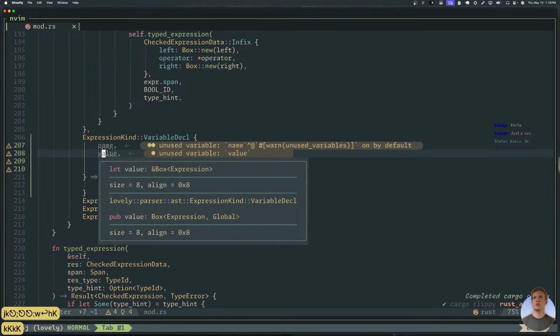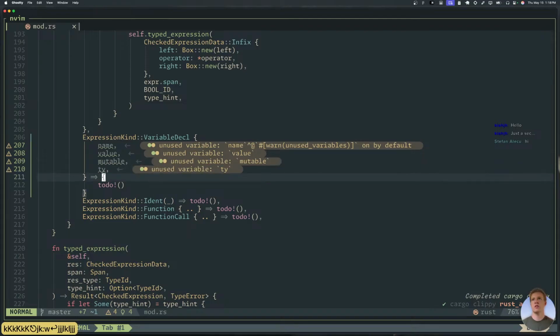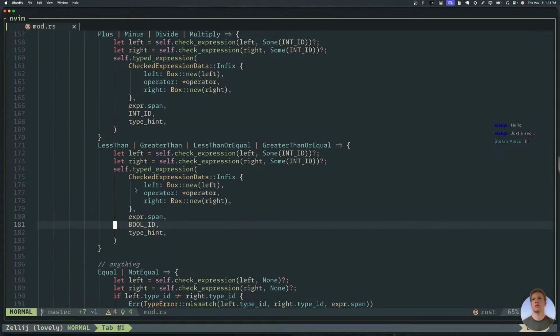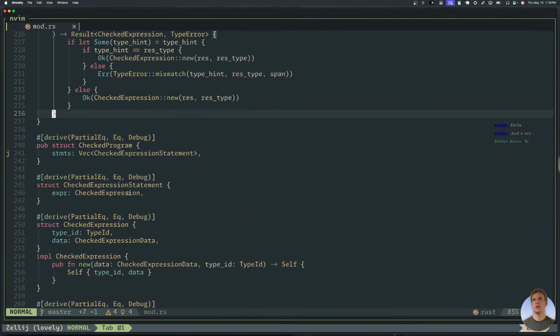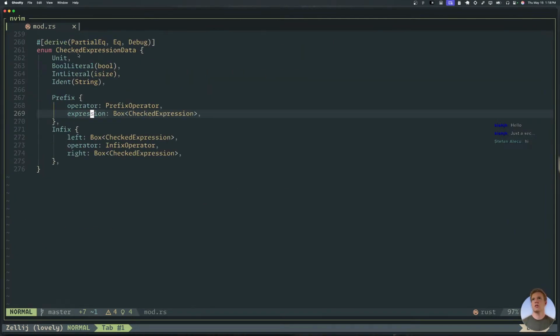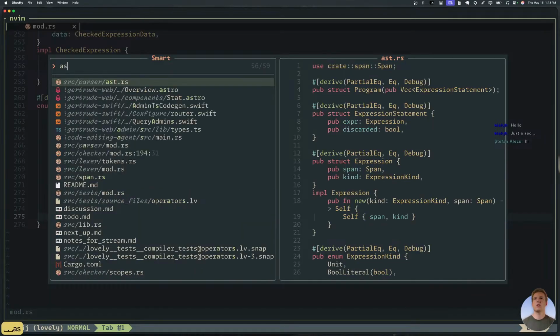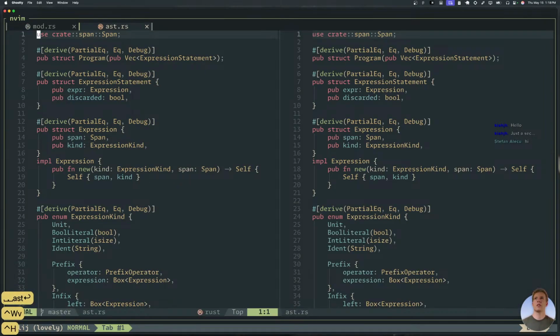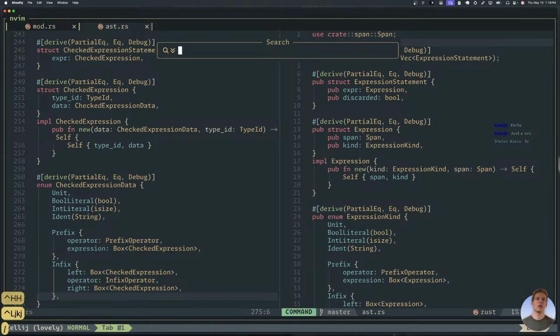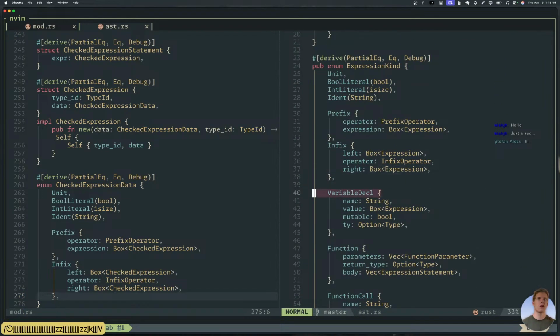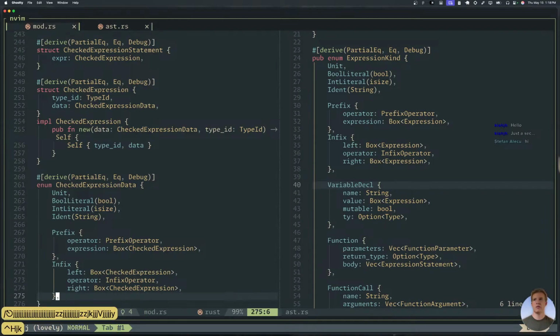So we have these things to work with. We want to make a checked variable decl. So checked expression. I'll put AST over here actually. So here's expression kind. A variable decl is going to be something rather similar.